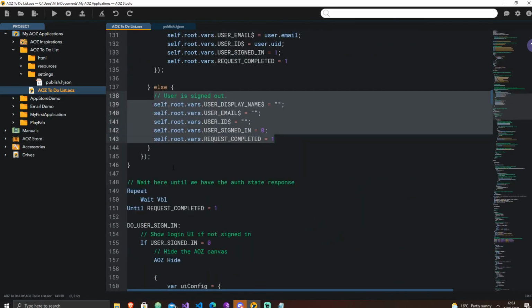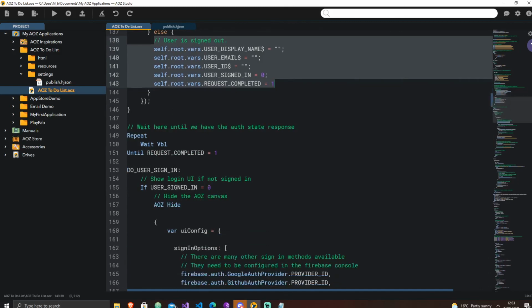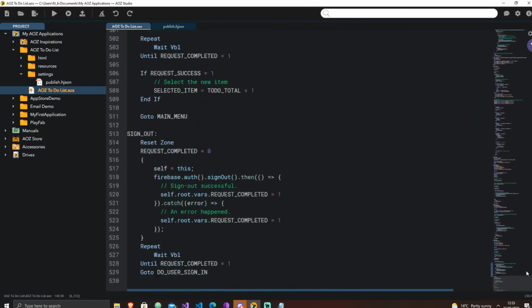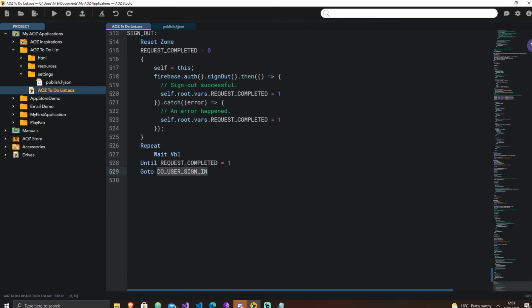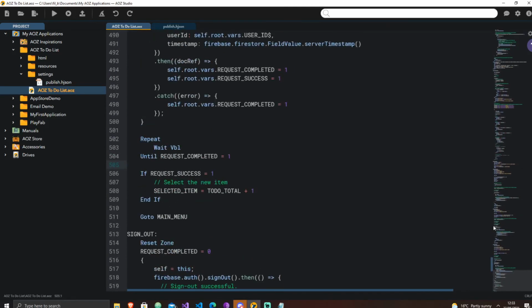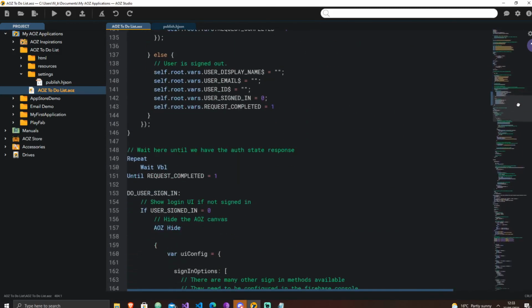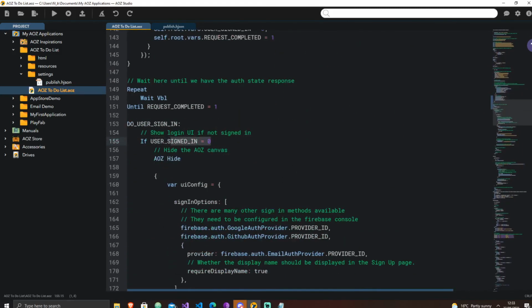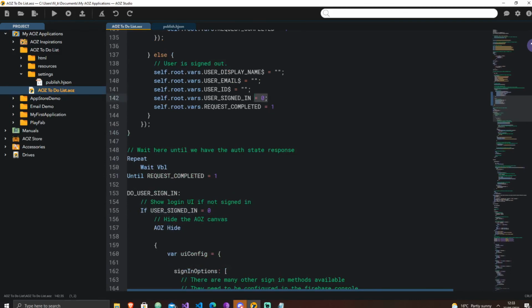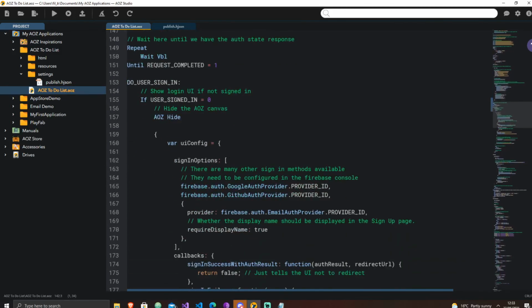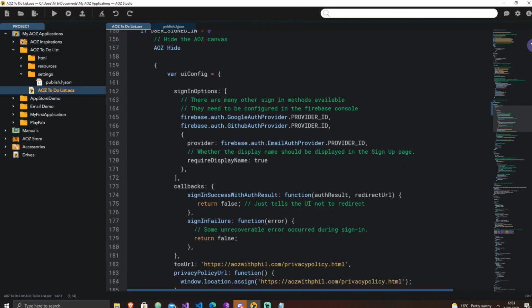And then this piece of code down here sends them to the do user sign in page. And by the time that happens, user signed in will be 0 because this piece of code is run here. And then we go through as if we've just started the application from afresh,